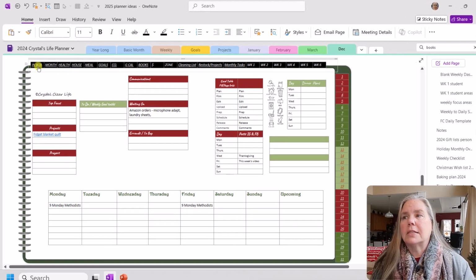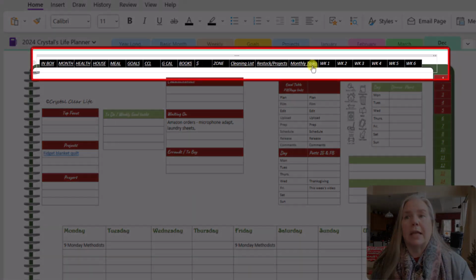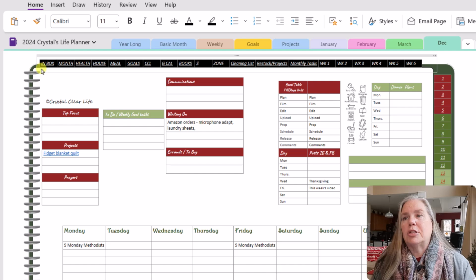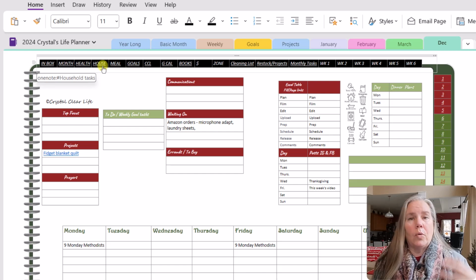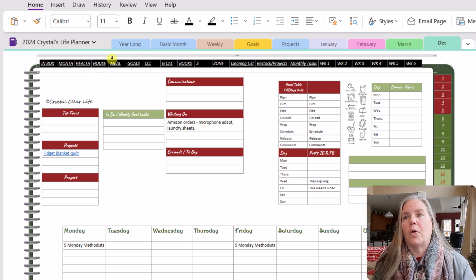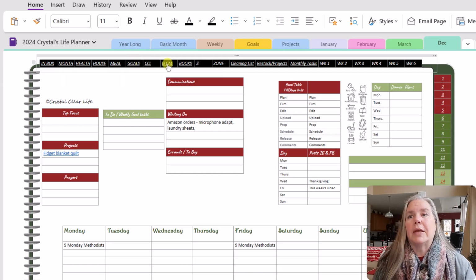And then across the top here, I have another set of links or tabs that takes me to my inbox page and my monthly page, my health and habits page, a page for my home, the projects that I'm working on for the home, my meal planning page, my goals, my crystal clear life information, my Google Calendar, so I can link and go directly out to my Google Calendar,